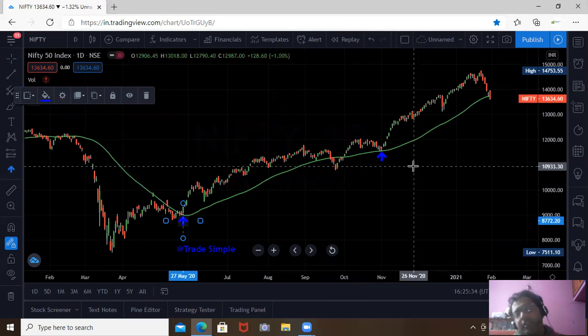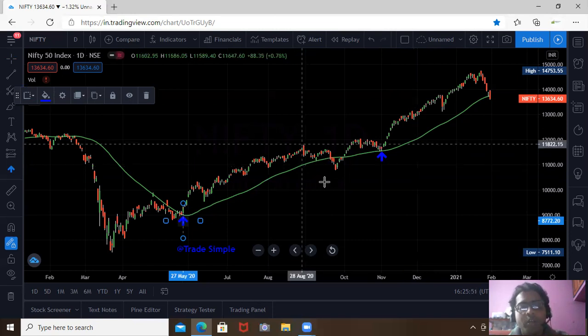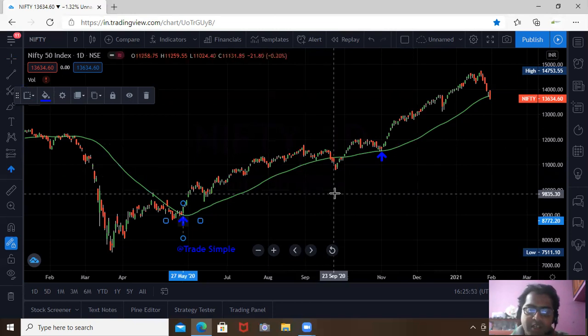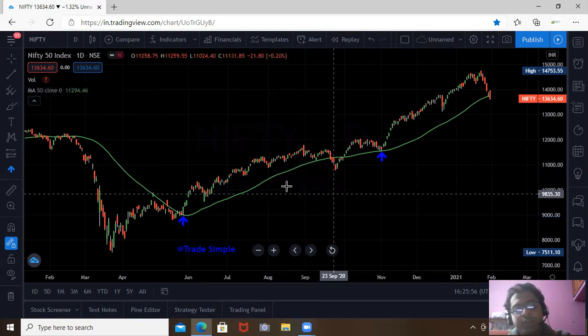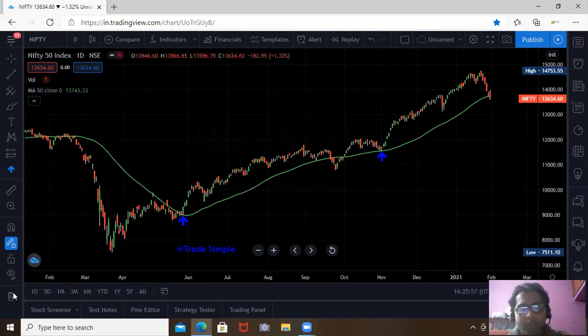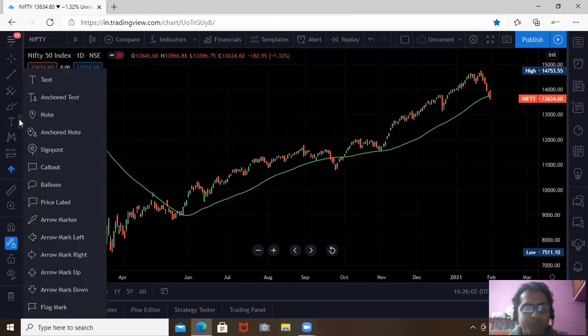So you can consider the 50 moving average or any moving average where you are working. Price can take support from the moving average. If price breaks above this moving average, we can consider this market as a bull market. If it closes below this moving average, we can consider it as a bearish market. So let me give you the overall understanding of what you can do from this.